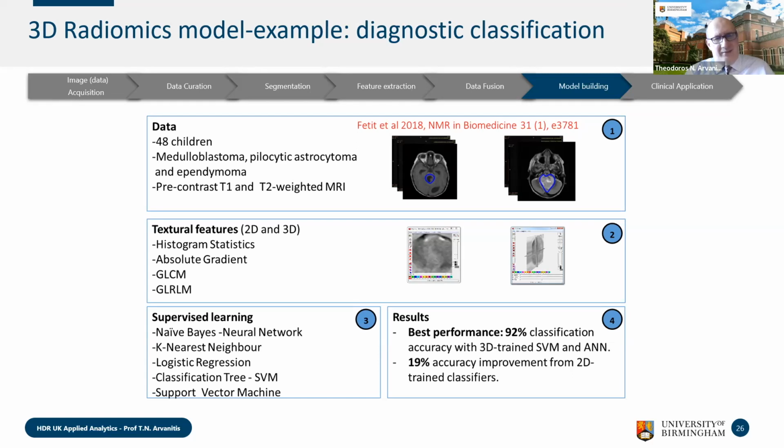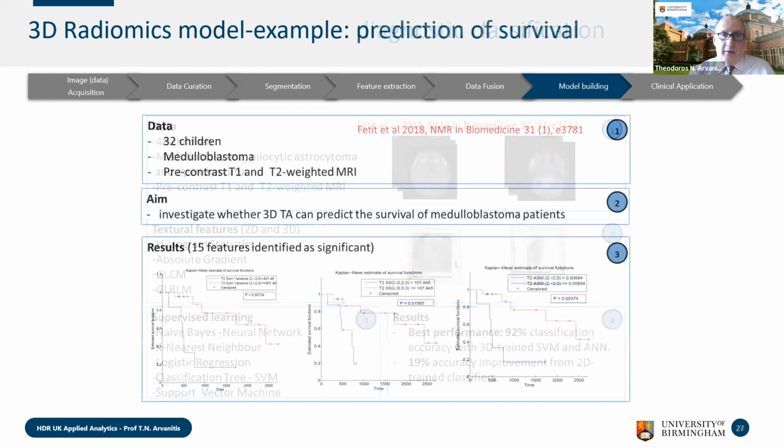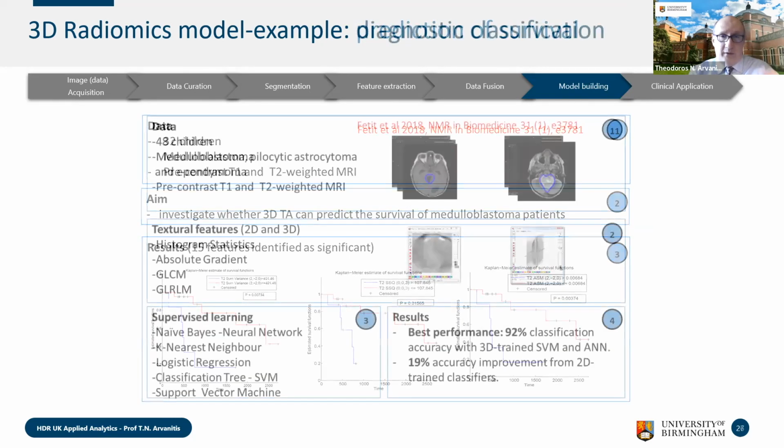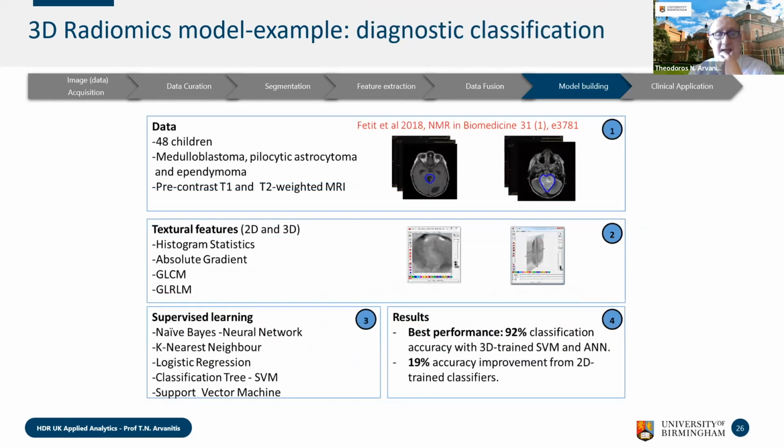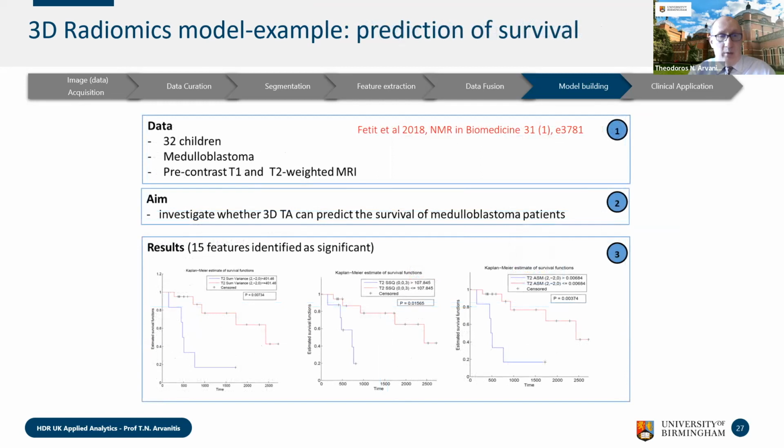It's around 65, and sometimes is even more difficult. And improve accuracy from two-dimensional classifiers of about 19%. So that shows you the importance of combining these features appropriately and using the appropriate models for this approach. But this was for the diagnosis and the ability of us to look at different groupings of tumor, but also